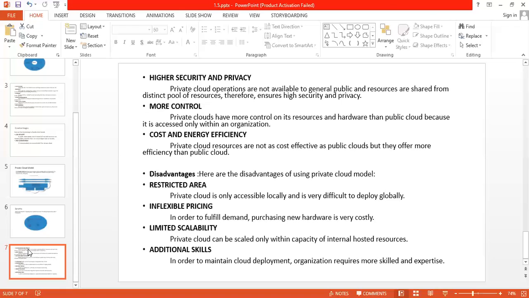So what it basically indicates is, when we compare private cloud and public cloud, both are good. It depends on your applications or your work, what kind of work you are going to do, what kind of application you are going to use, what amount of data you need, what amount of storage you need, what kind of security and privacy you need, and while running the application, whether it needs more resources or fewer resources. On the basis of that, you have to choose the type of cloud between these two types.